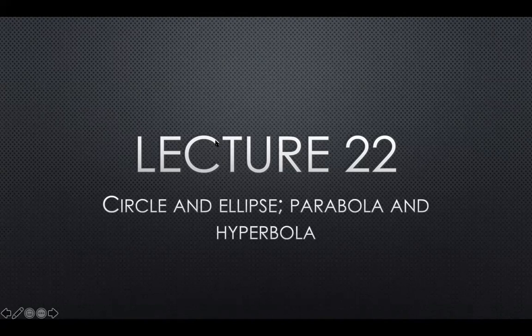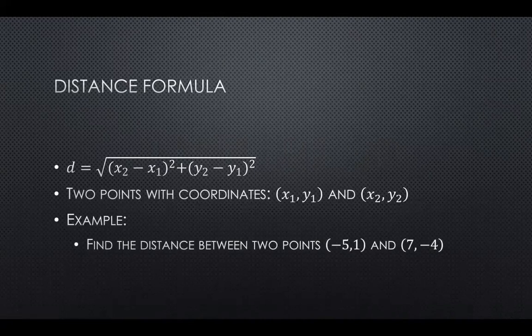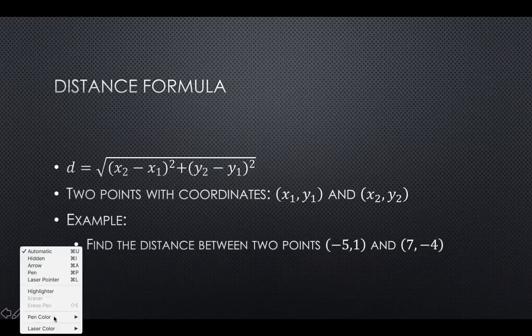A little bit of a review is the distance formula. You are probably familiar with how you calculate the distance between 2 points. If you have 1 point (x1, y1) and the other (x2, y2), then the distance is the square root of the square of the x difference plus the square of the y difference. For example, if you have 2 points, one is (-5, 1), the other one is (7, -4), the distance